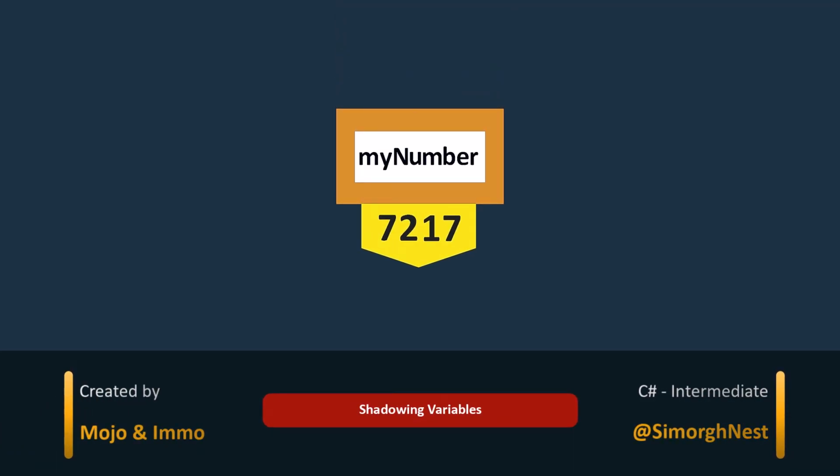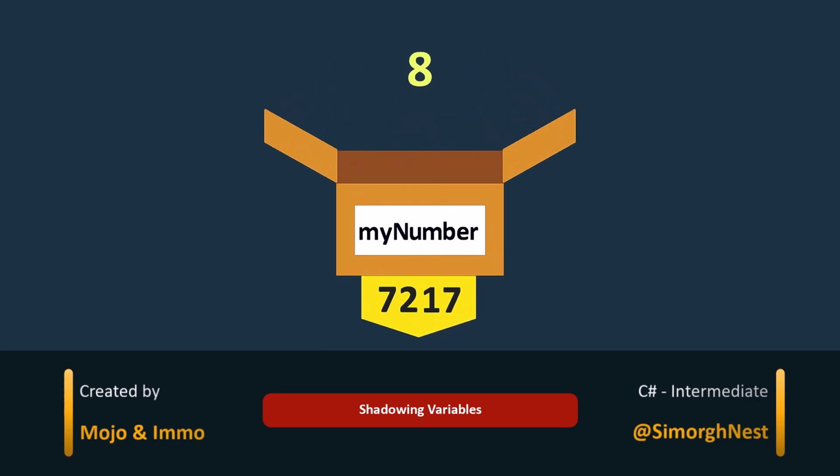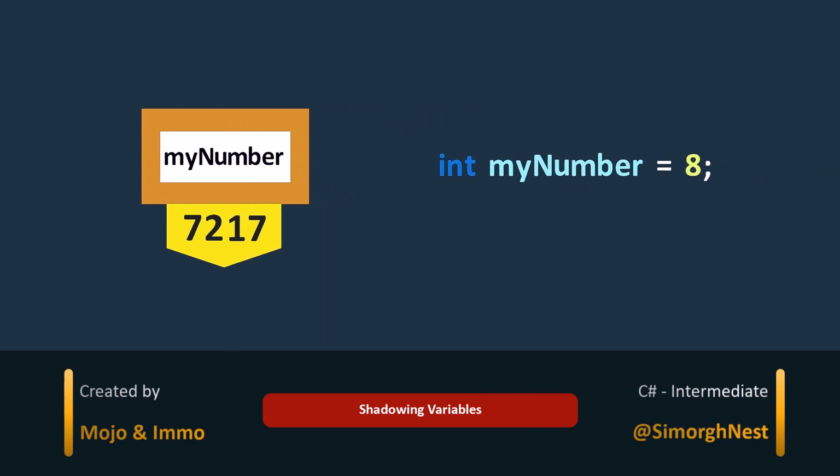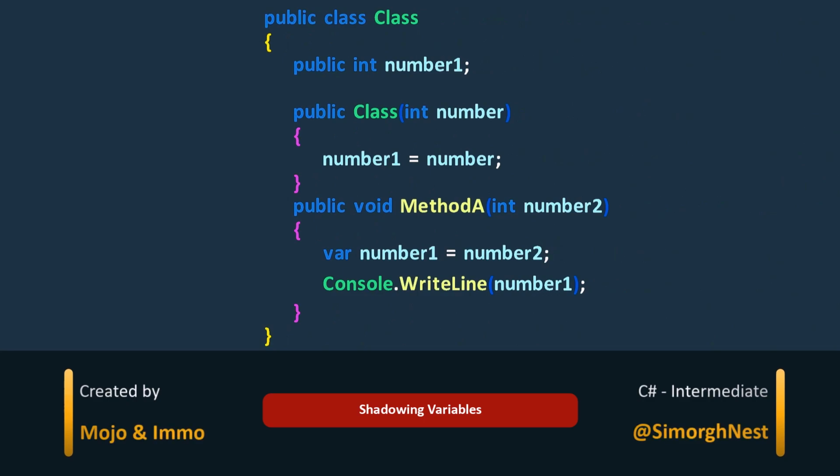In C#, a variable is like a labeled storage box that holds a specific type of value. When we declare a variable, we give it a name which helps us identify and access its value. Sometimes we come across situations where we need to declare multiple variables with the same name within a specific area. This is known as variable shadowing in C#. In this lecture, we'll explain what variable shadowing means and when one variable shadows another variable.